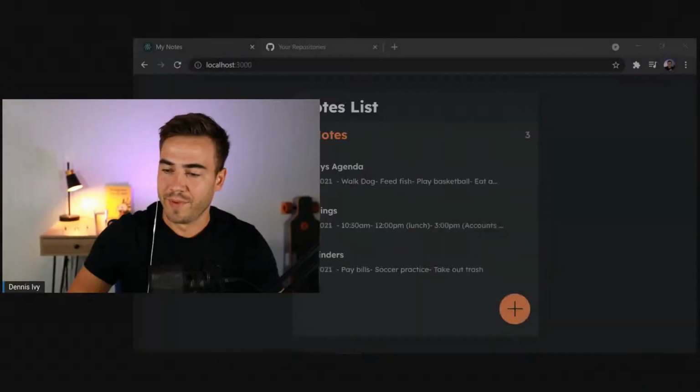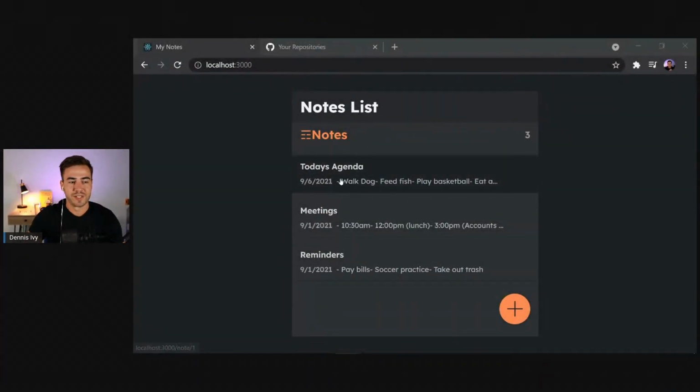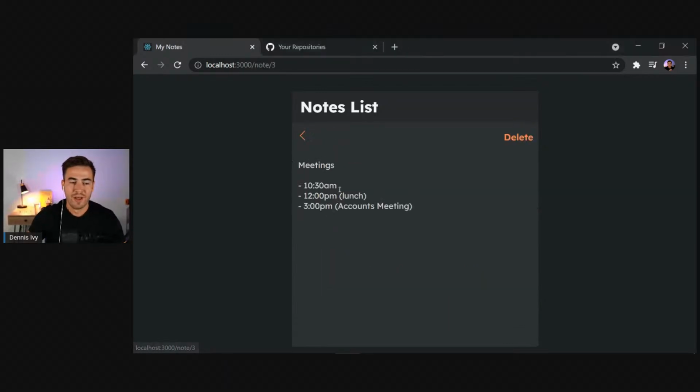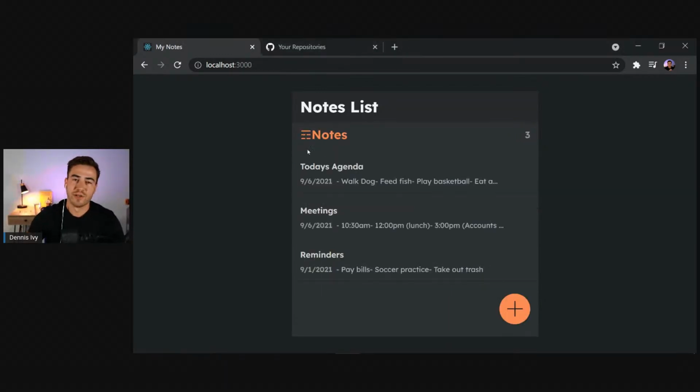So in this stream, what we're going to be doing is building out this to-do app here, or actually it's not a to-do app, it's a notes application. And the entire purpose of this is to learn React and build something simple enough to where we can go through the basics of CRUD operations, where we can do create, update, read, and delete functionality. So in this entire application,